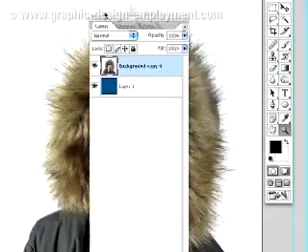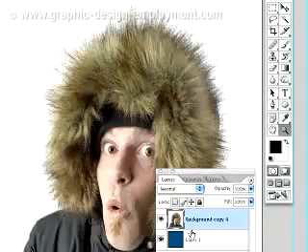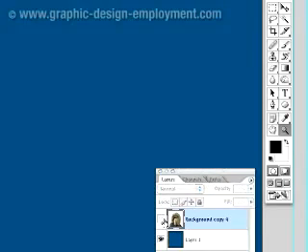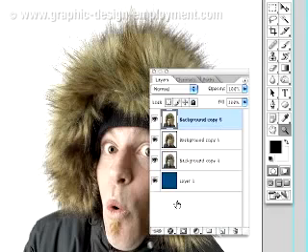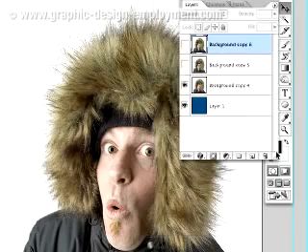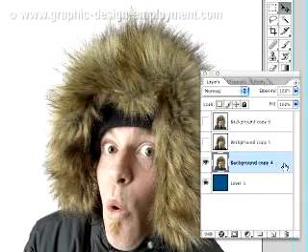First thing we're going to do, if we look at the layers palette here, what I want to do ultimately is overlay him onto a blue background. So I've got a blue layer as a background here. First I'm going to duplicate this layer, so I've got 3 copies, and then I'm going to hide the first 2. Now this first background layer, I'm going to double click over here to the right of the name to